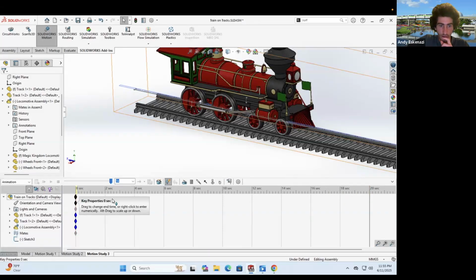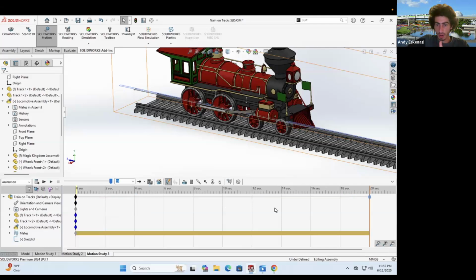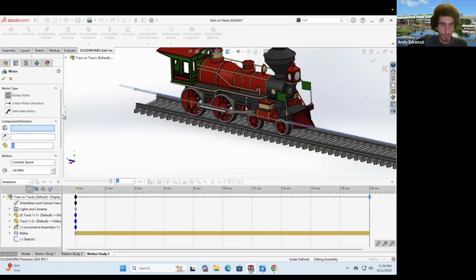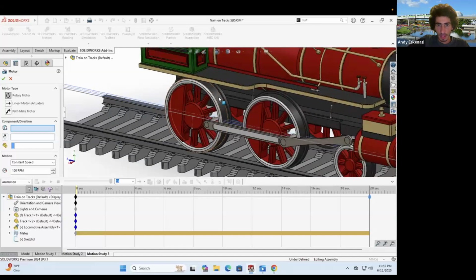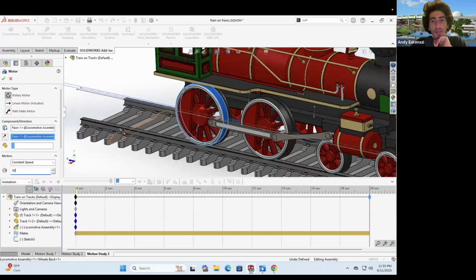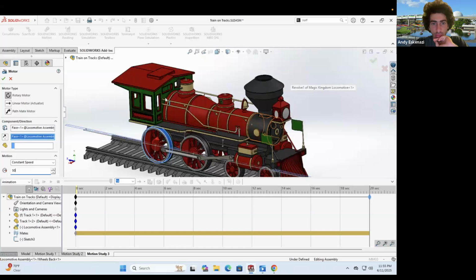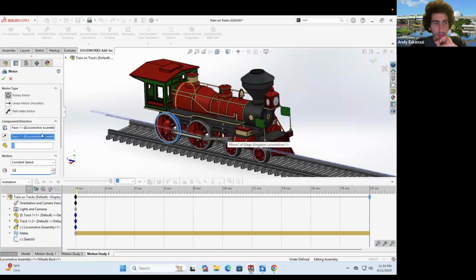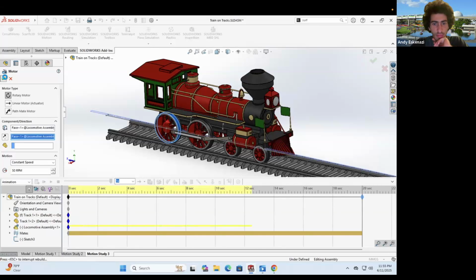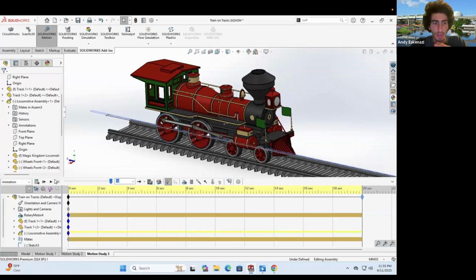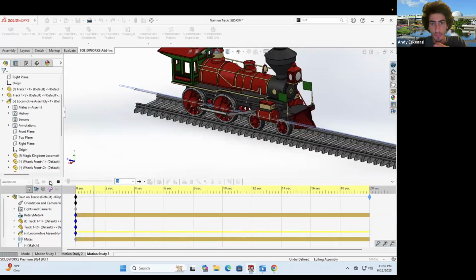And I'm gonna move this right here. Now, yes. Now we go over to motor, rotary. I'll select this bad boy. We'll do 50 revolutions per minute. Yeah, I think that's fine. You see now it's loading all the way up to there, and now,